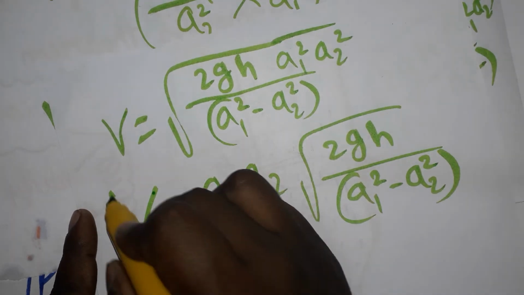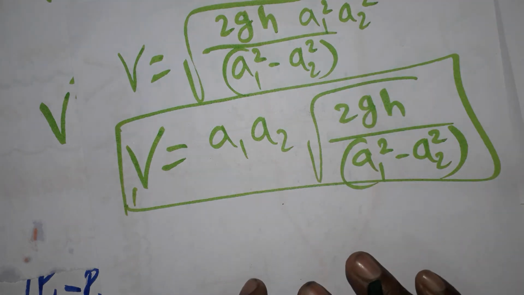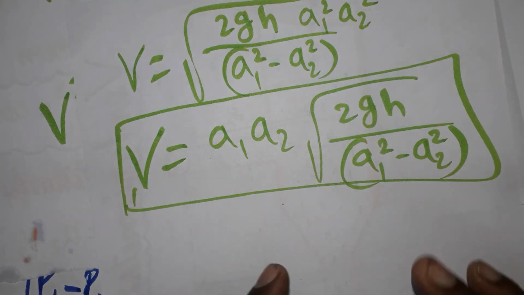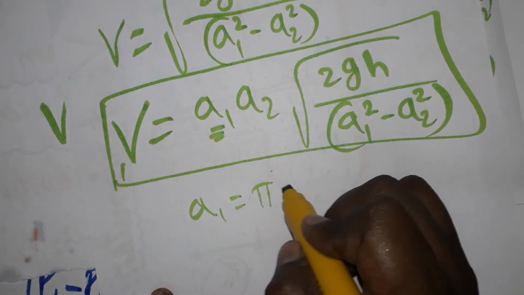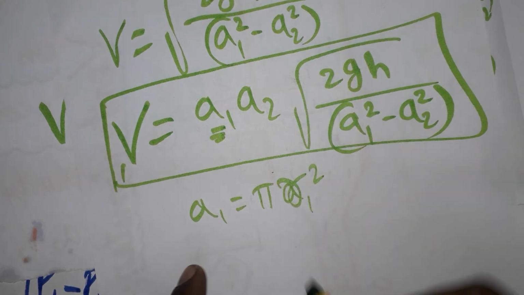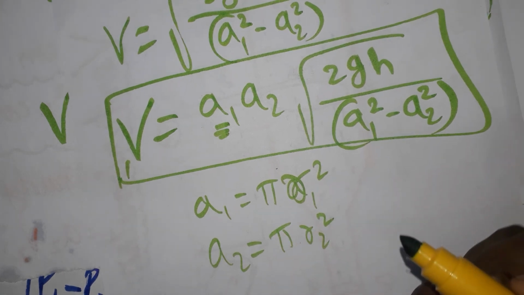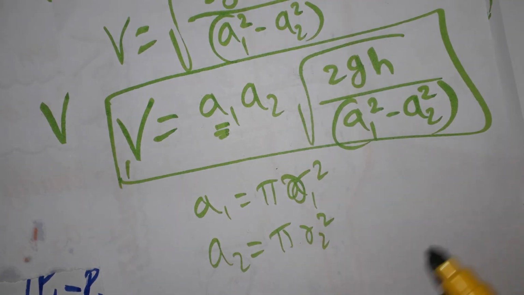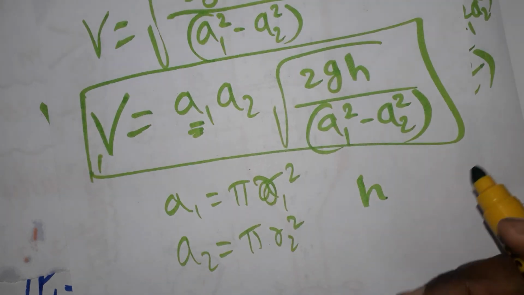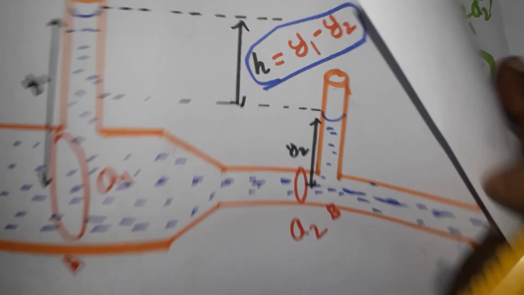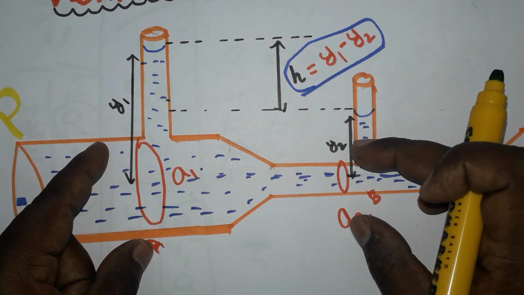We got the volume of the liquid entering per unit time. It's very simple. You can have one question: we found the equation, but how can you apply it? A1 is the area of the small section, so you can use the pi r square formula, pi r1 square. A2, the big section, is pi r2 square. Manually you can use a screw gauge or vernier caliper to measure the diameter of the respective tube. And for h, you can use a scale to find the difference between the two heights.